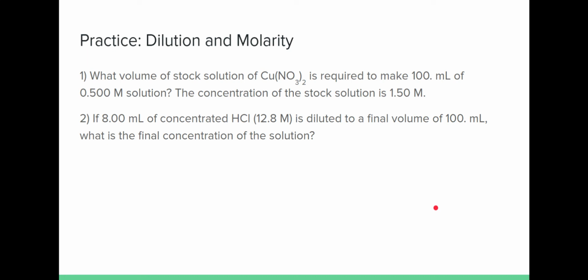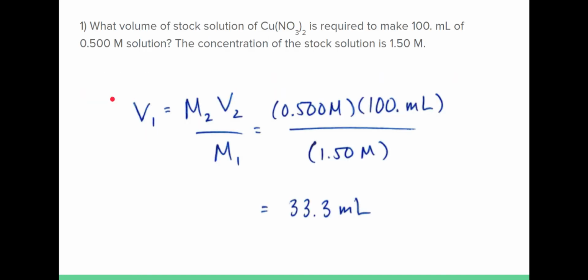For problem number 1, we're trying to determine the first volume that we need, which is volume 1, that's required to make a more dilute solution. So this turns into a very similar setup as our previous example where we need to solve for V1. V1 is equal to M2V2 over M1. I substitute my values in. I notice that my molarities are going to cancel, leaving me with the units that I need in my final answer. And the volume of the original solution that I needed to use to dilute to the final concentration of 0.5 molar would be